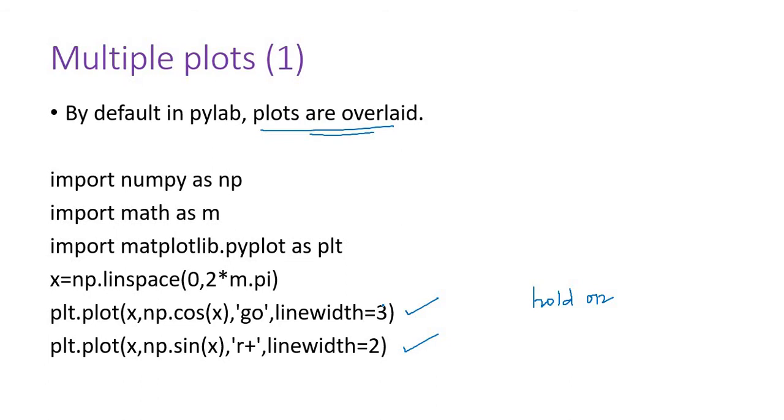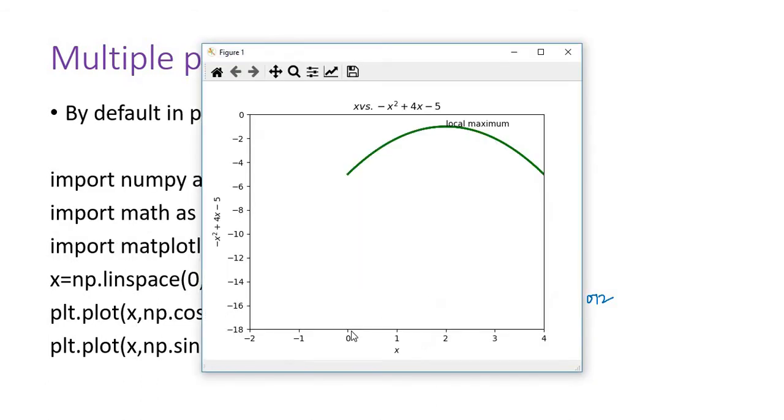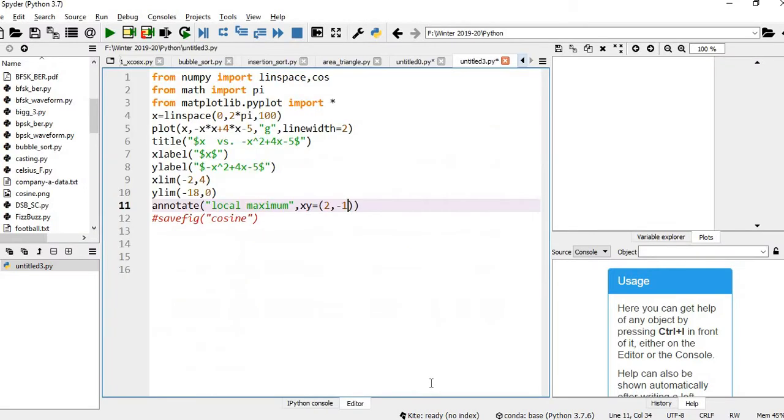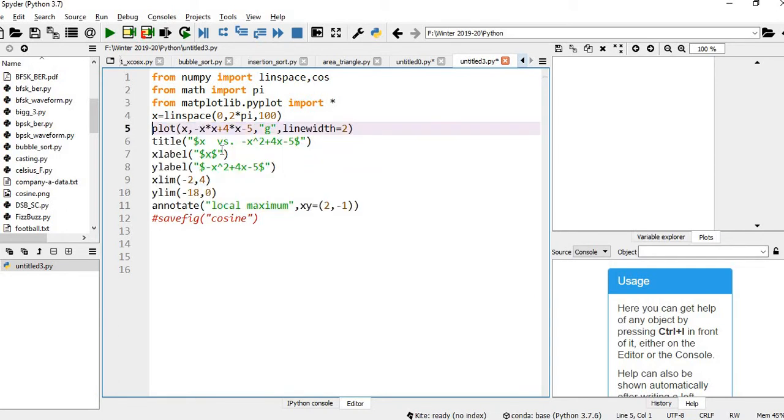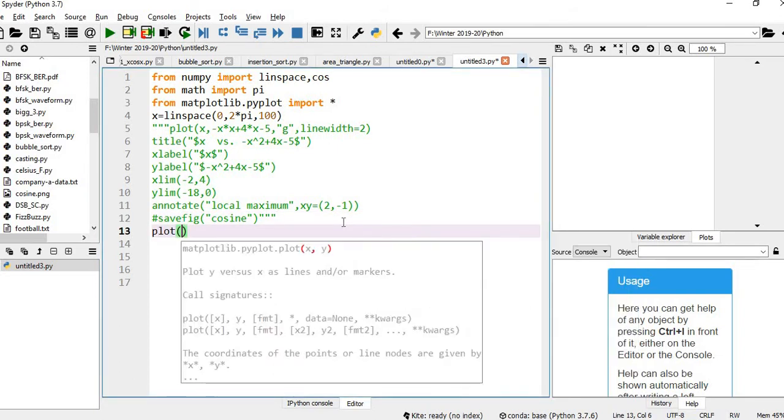So what I'm doing, I don't want all this, so let me comment this. Whatever portions you don't want, you just add triple quotes. Now I want to plot a sine signal and a cosine signal.